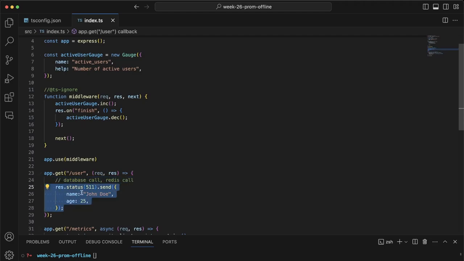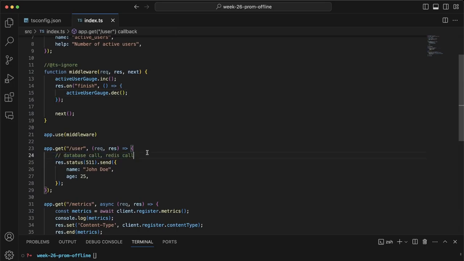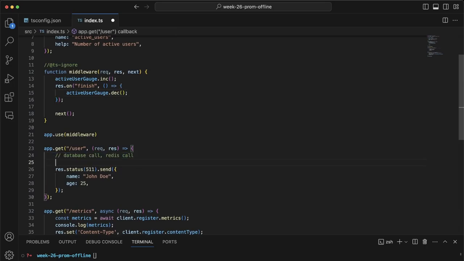Whenever the response goes back to the user, control would reach this on close handler or on finish handler, and we would decrement the gauge by 1. Let's make this specific request slightly slower. Let's add a delay of 10 seconds to simulate a database call, let's say, or a Redis call that is taking a long time,